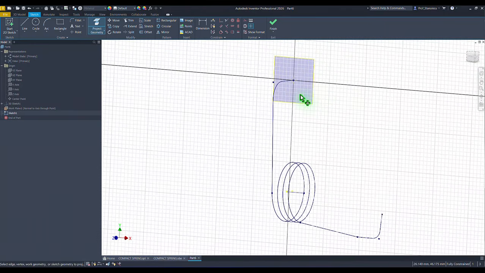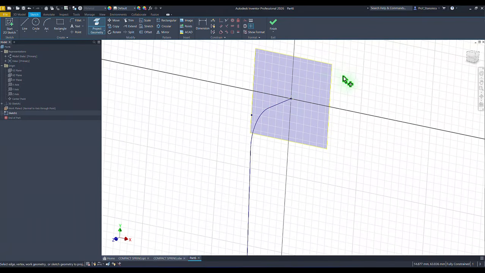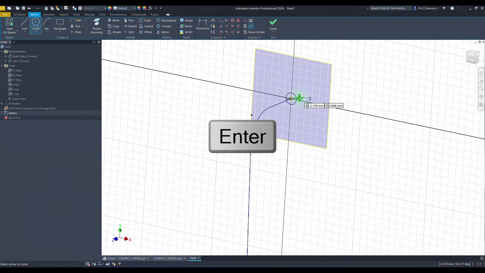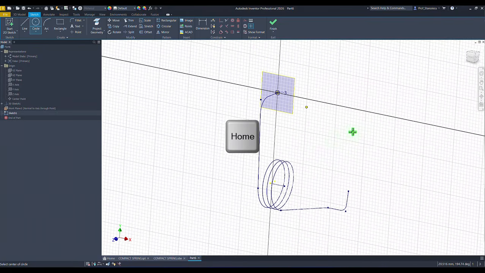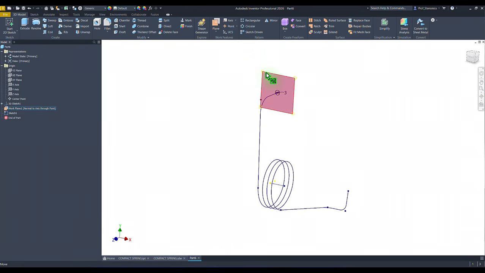You see what I say? Yes, this is placed here as a point, and we apply the diameter of 3 for that spring. Finish sketch,